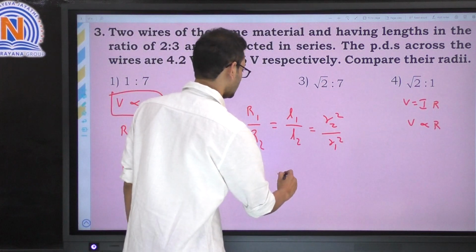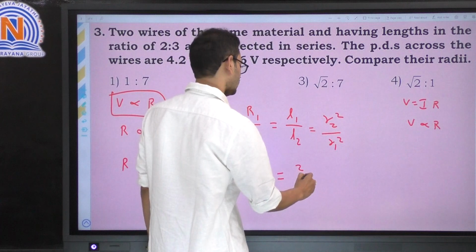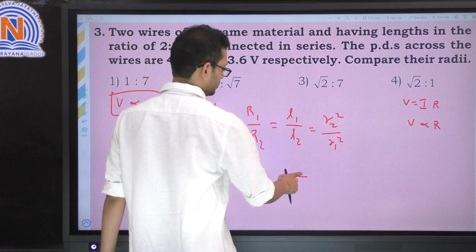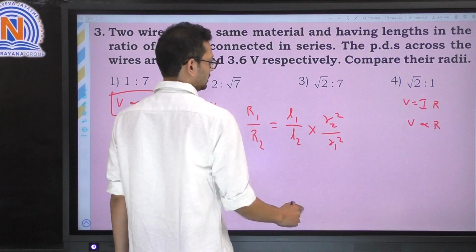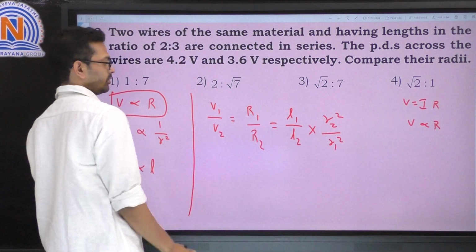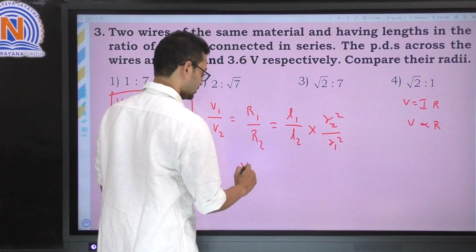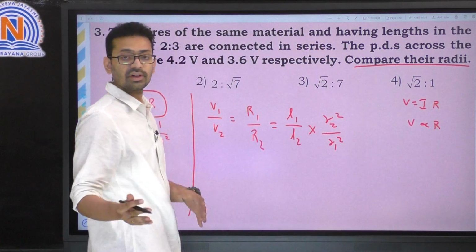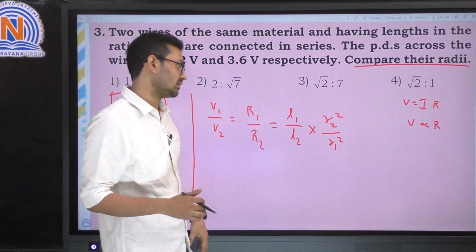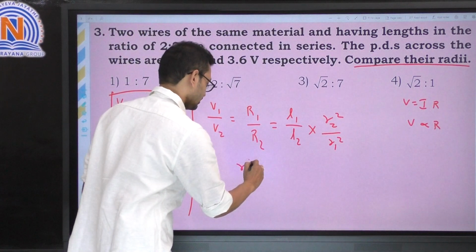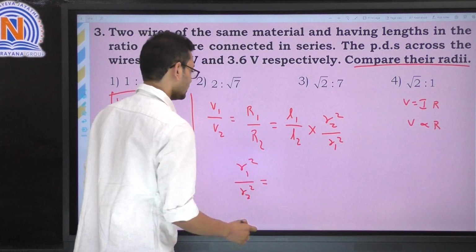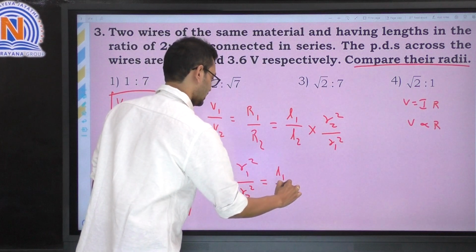Now what happens over here? L1 is given as 2, L2 is given as how much? This gets reciprocal over there. So when I want the radius comparison, I will take it this side. I am going to get R1 square by R2 square equals L1 by L2